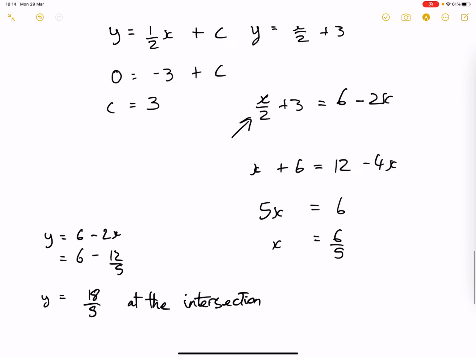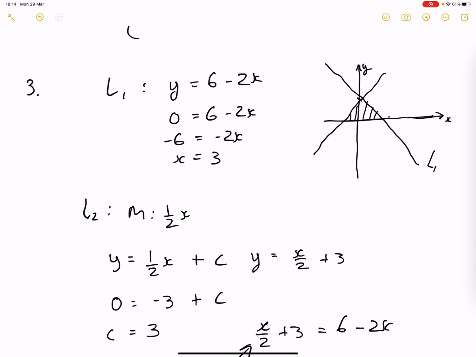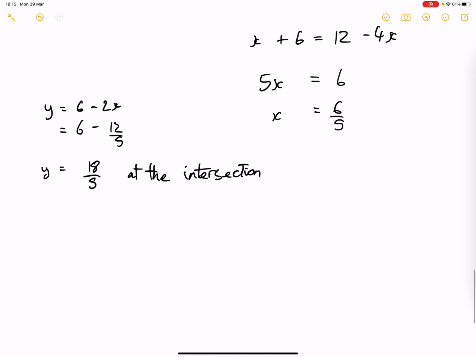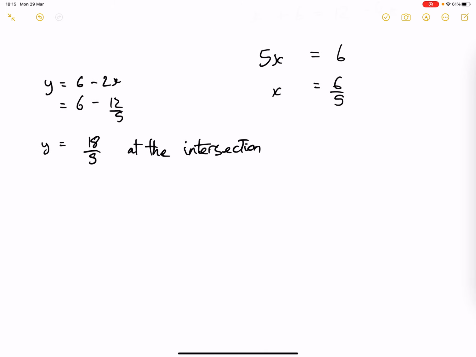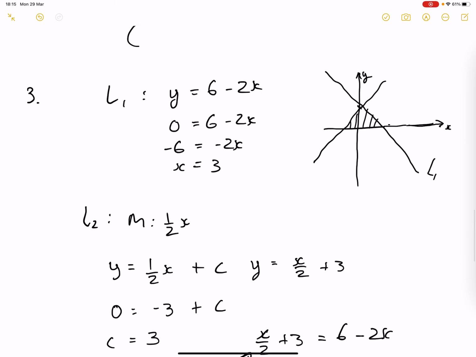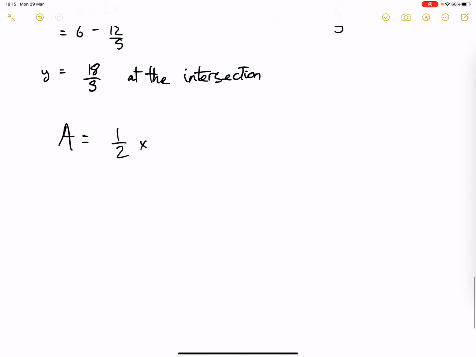So the area of the triangle enclosed by the two lines and the x-axis will be equal to half the base times the height. So the area will be equal to half times the base, which is from minus 6, 0. We were told that this line here intersects the axis at minus 6, 0, and also 3, 0. So it has a base of 9. So half times the base times the height,